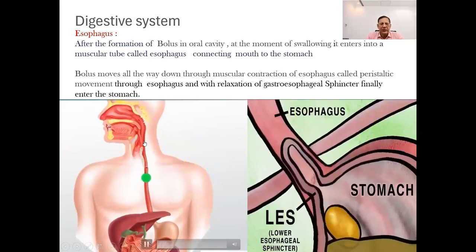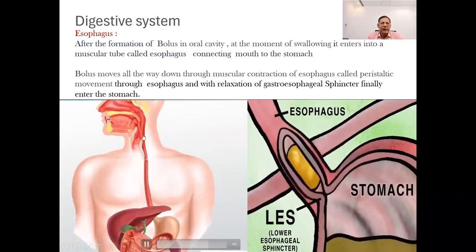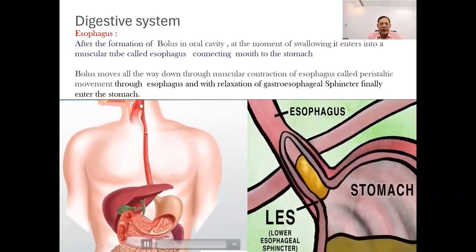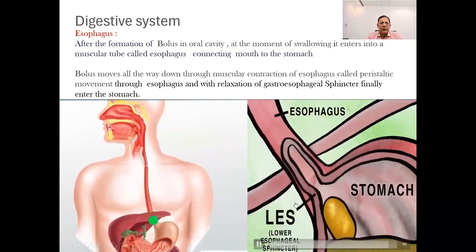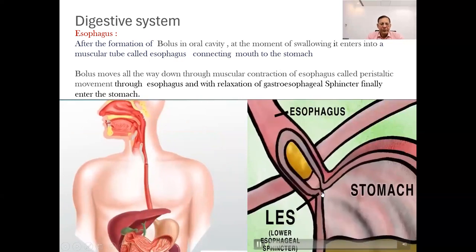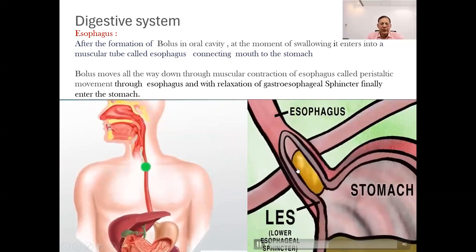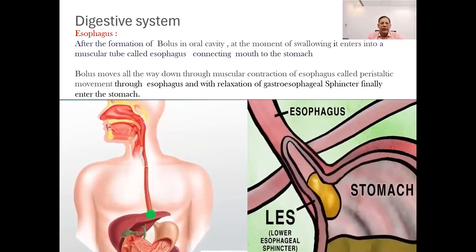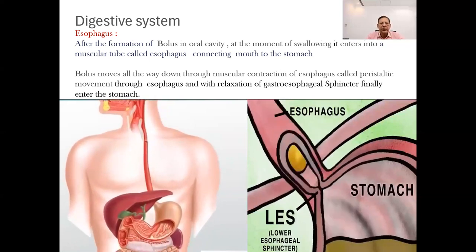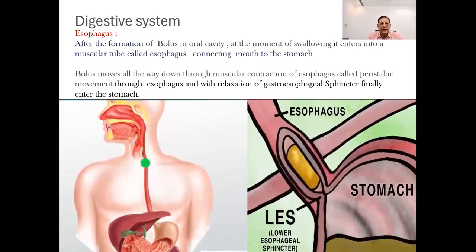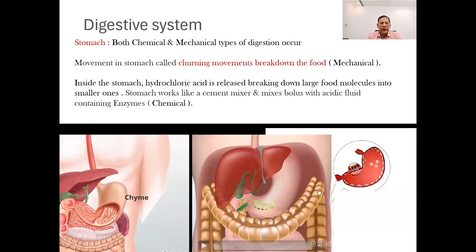The upper esophageal sphincter that allows the bolus to enter into the esophagus was at the upper end of the esophagus, but at the lower end it is called the lower esophageal sphincter. Normally it remains contracted at rest to prevent the stomach contents, including the stomach acid, from refluxing back into the esophagus. So during swallowing, the lower esophageal sphincter relaxes to allow the bolus to enter the